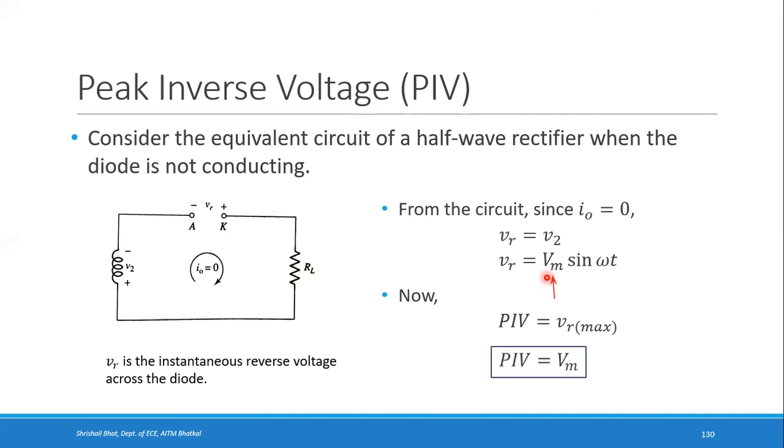With this, we have derived the different parameters. We have completed the part on derivations. We have seen the average or DC value of load current and output voltage, the RMS or AC value of load current and output voltage, regulation, percentage regulation, efficiency, ripple factor, and this peak inverse voltage. In the next class, we will solve some numerical examples on half wave rectifiers, where we will make use of these equations that we have derived.